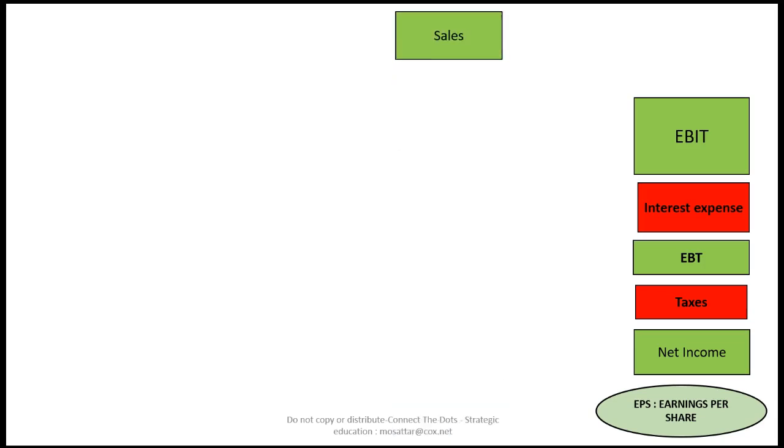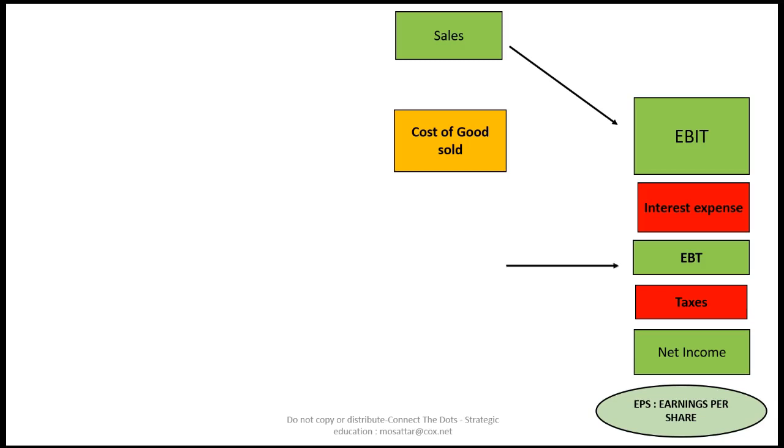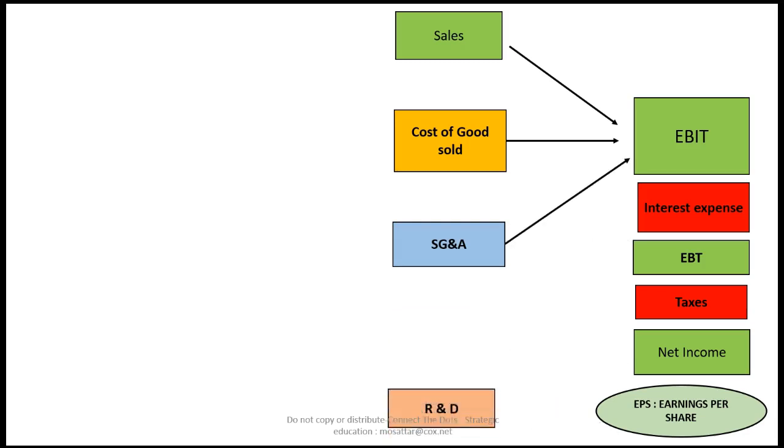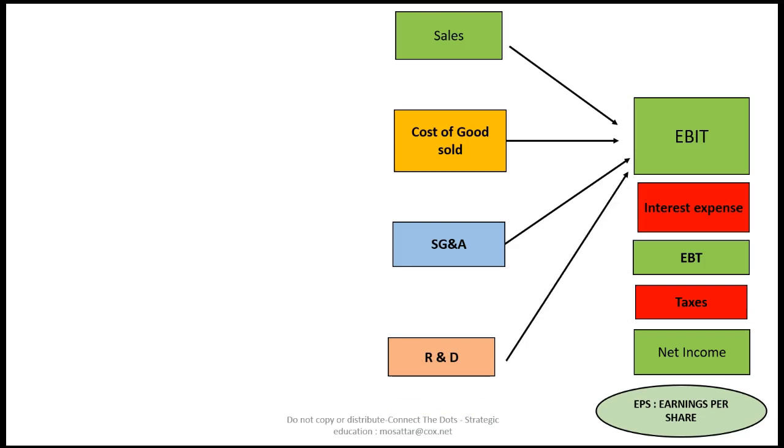Now, if you recall from the income statement, you have the sales. Obviously, this is the money that we get from our customers. Then there is the cost of goods sold, which is the cost we have to spend to provide the product, directly related to making or selling the product. Then you have the SG&A type activity. That is a cost. Then, depending on the company, if there is engineering, R&D. So you can see that this really is an income statement shown visually.